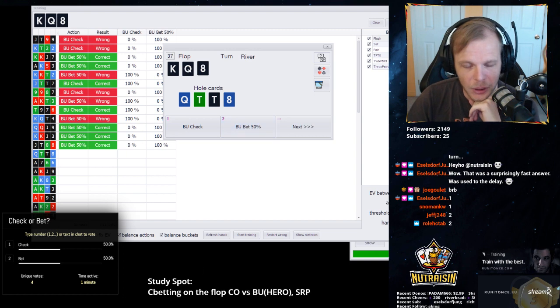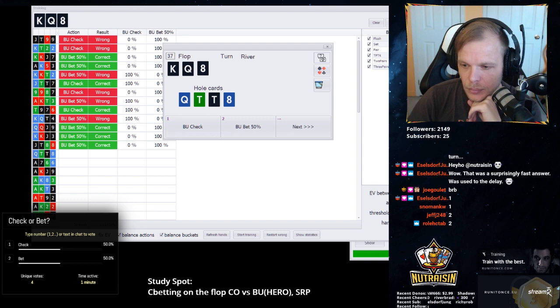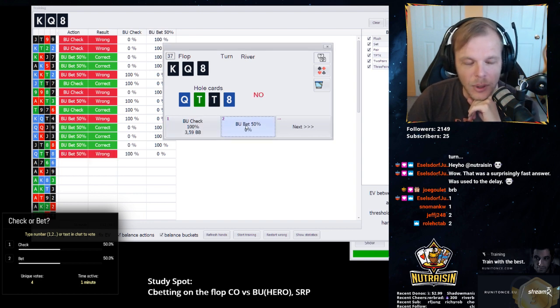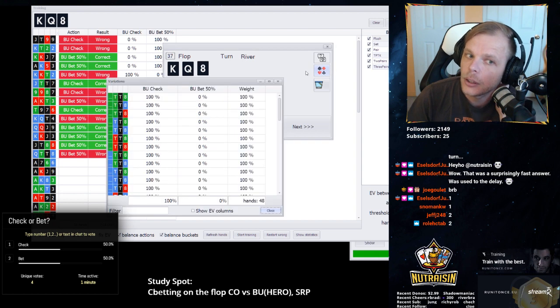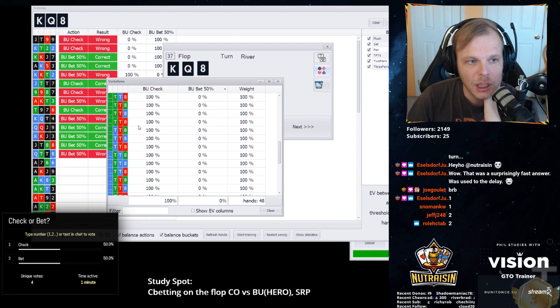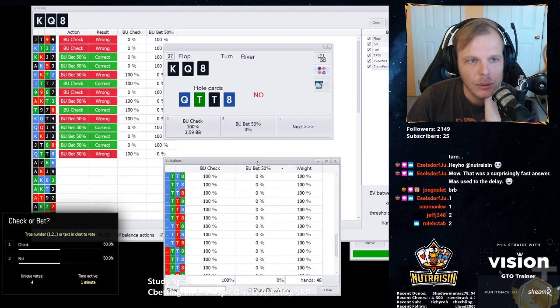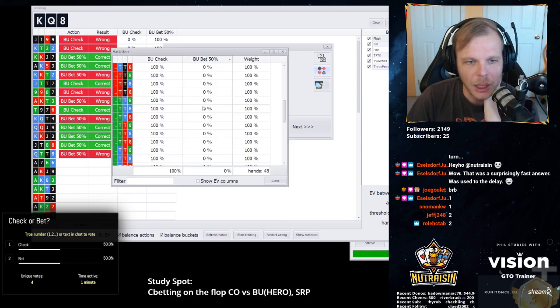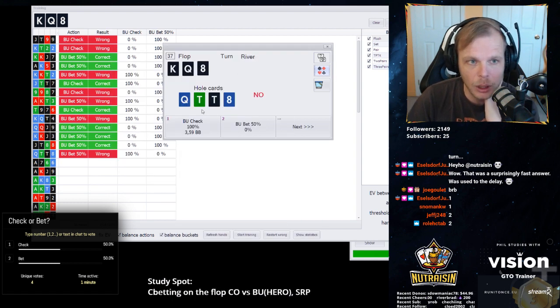Yeah, but personally I'm gonna go with the bet here as well. Let's do that. No. All right. See if there are any suit variations we want to bet. Nope. Can we have a flush here? No, we can't. So yeah, just 100% check. I would have bet here as well with the 10 of spades and